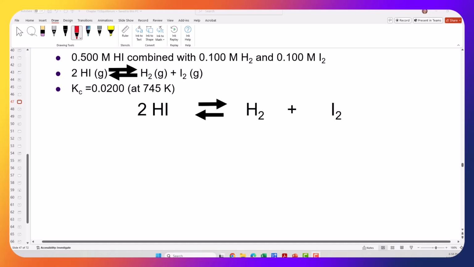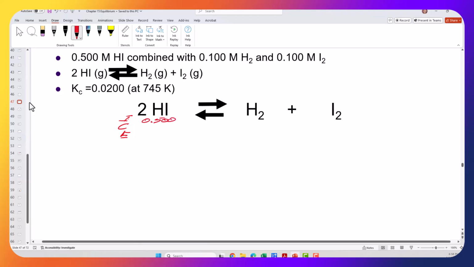Okay, I've got a couple of equilibrium problems that I want to do to close out chapter 15. Here's one where we've got 0.5 molar of hydrogen iodide. So we're going to make this our ICE table, ICE. And this is